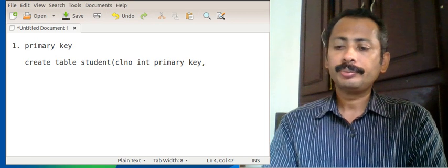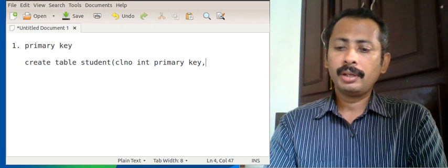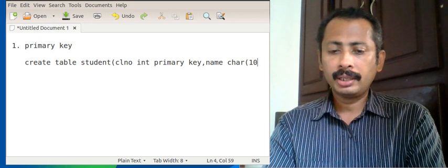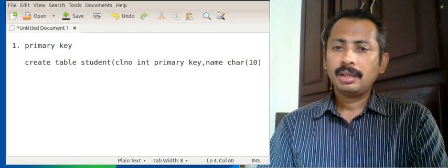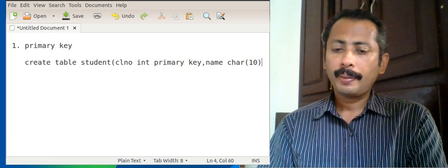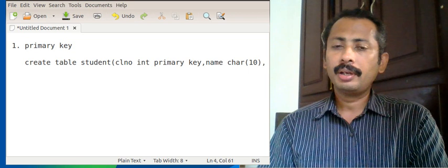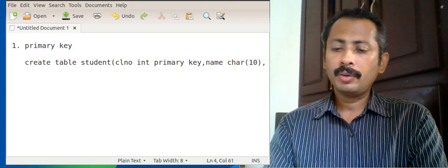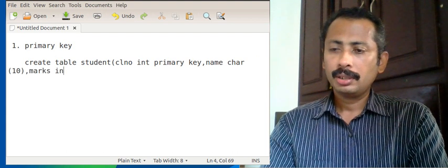comma. We are giving the name field as character, 10 size. Then I am going to give the field marks, integer.